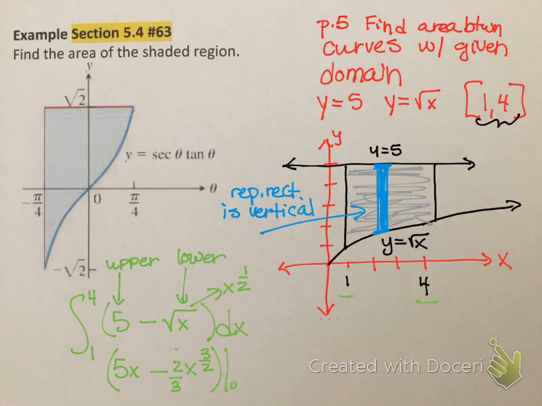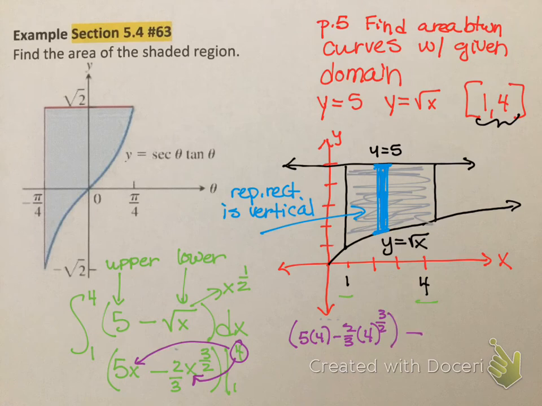My boundaries are from 1 to 4. So let's plug in f of b first. So I would have 5 times 4 minus 2/3 times 4 to the 3/2